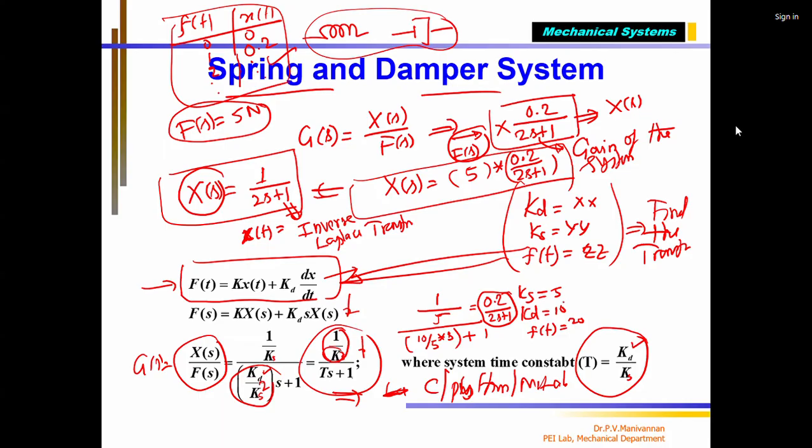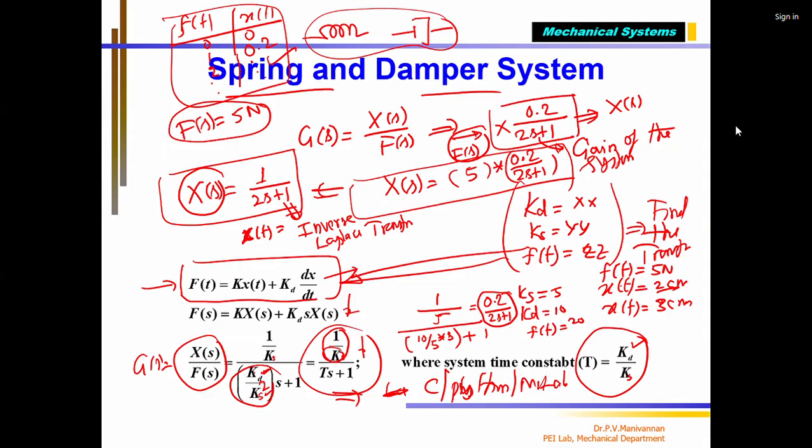What is tuning the system? If I want my X of s to be, when I apply F of t equal to 5 Newton, the length change should be only 2 centimeter. Now, what you are getting as X of t for this is, for example, 3 centimeter. That means this is not acceptable to you. What do you have to do? If you want to bring it down, in this equation, see the transfer function. In the transfer function, you have KD, KS. These are the two